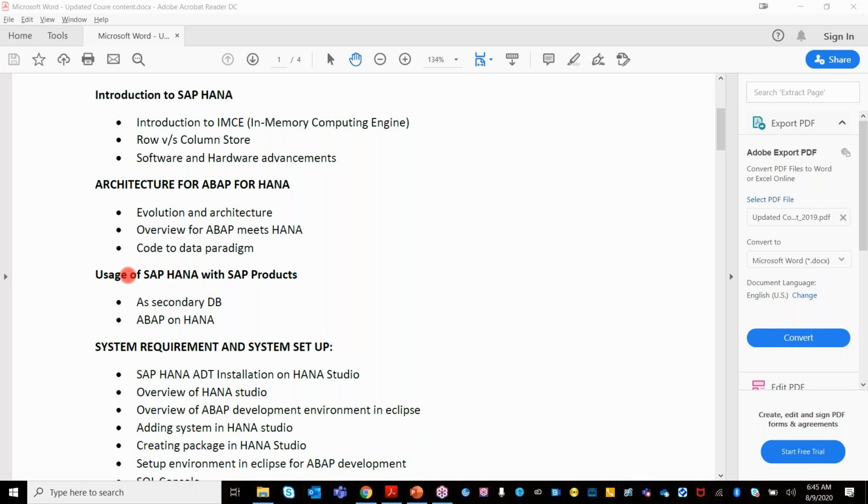So, and again, we are going to discuss SAP HANA products, with uses of SAP HANA. HANA can be connected as a primary database or as a secondary database as well. When HANA was initially introduced by SAP,